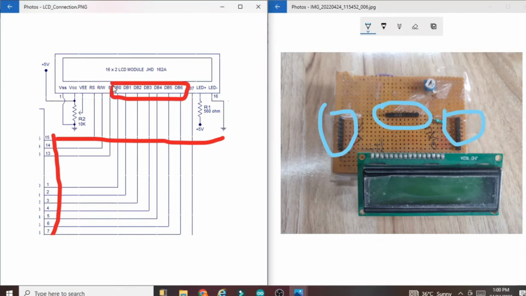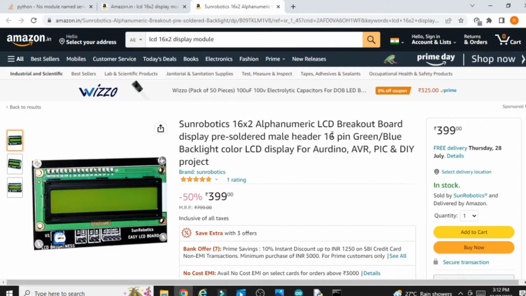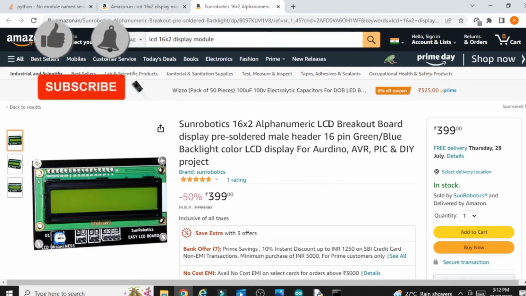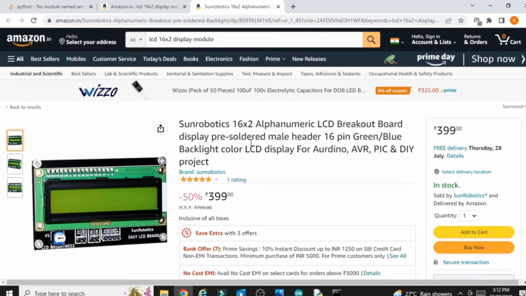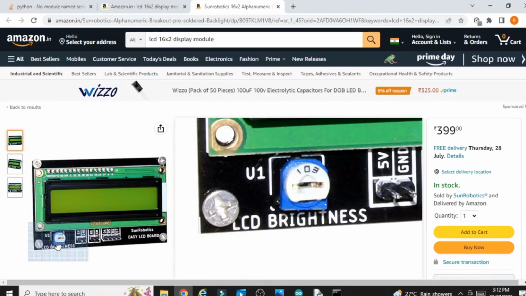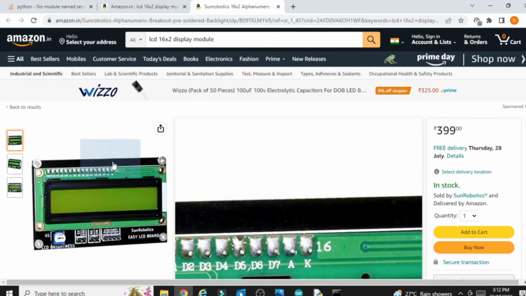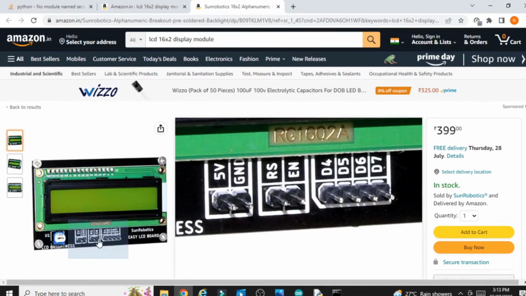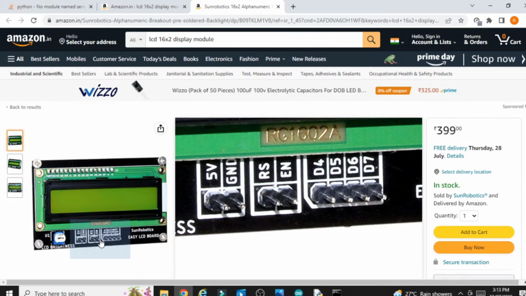Okay, if you don't want to make the LCD circuit yourself on the breadboard or on the zero PCB, then you can also buy the ready-made LCD board. You can see this is an LCD board you can buy ready-made. You can see all the connections are already there. You just have to connect the 5V, ground, RS, enable, D4, D5, D6 and D7 pins as per my explanation.